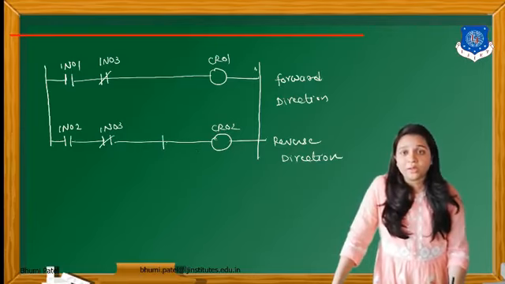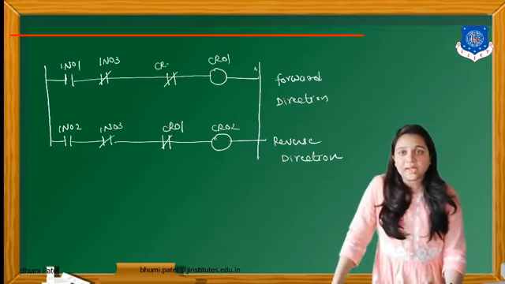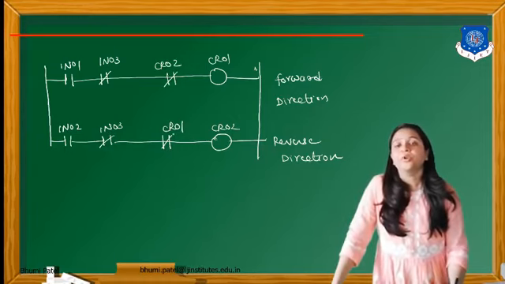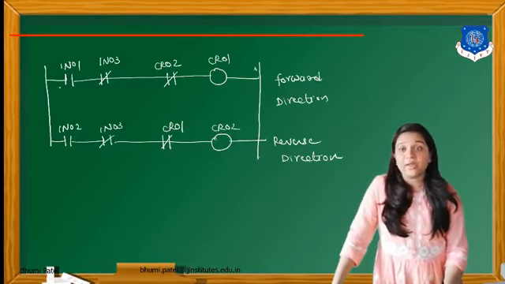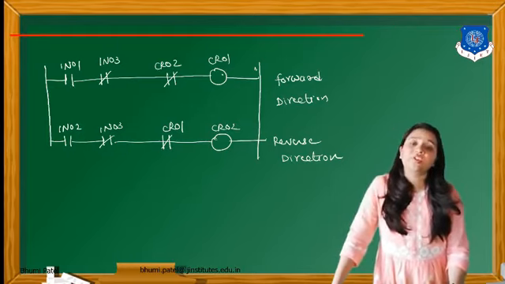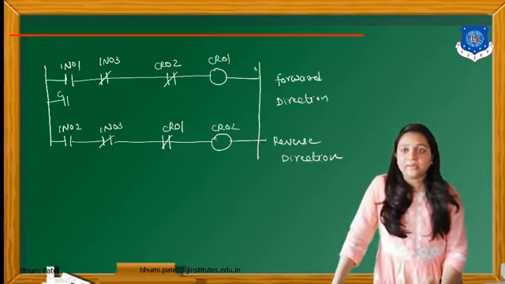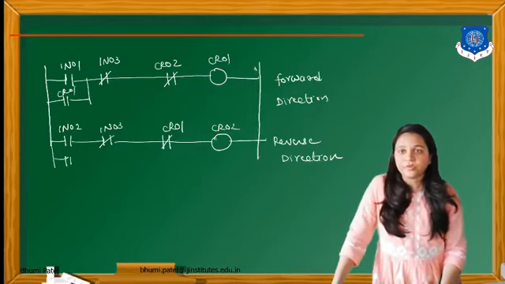So for the forward direction, we can put the output of the reverse direction as a normally closed contact. So you can see here, whenever input switch 1 is on and the reverse direction is stopped, at that time the output of the forward direction will be on. Same logic will be here. Now we can put a parallel connection with the input switch at the output terminal. Same for the next rung.